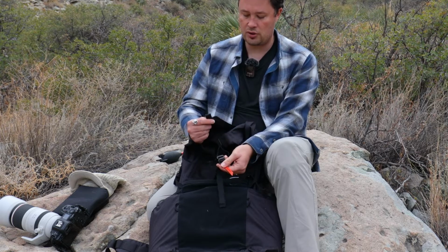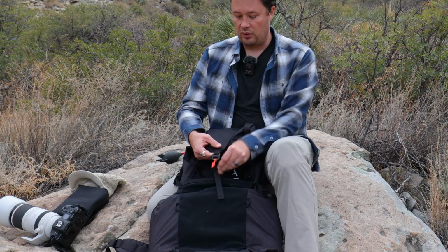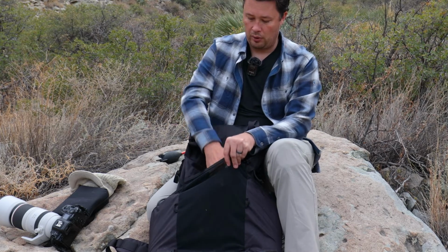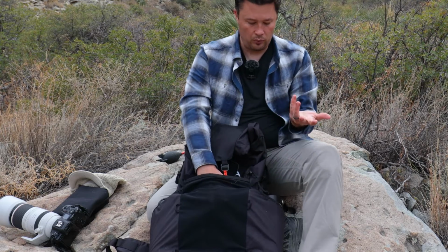Maybe, I don't know. Jury's still out on this. For me personally, it's something I've never seen on a bag, and it's something I'm not used to, and I'm not sure if I like it or not. I do like the front pouch though, right here, for being able to throw extra stuff in. As you saw, with me hiking,